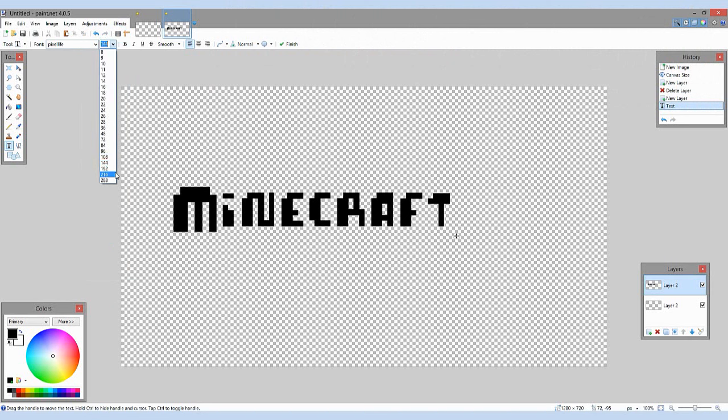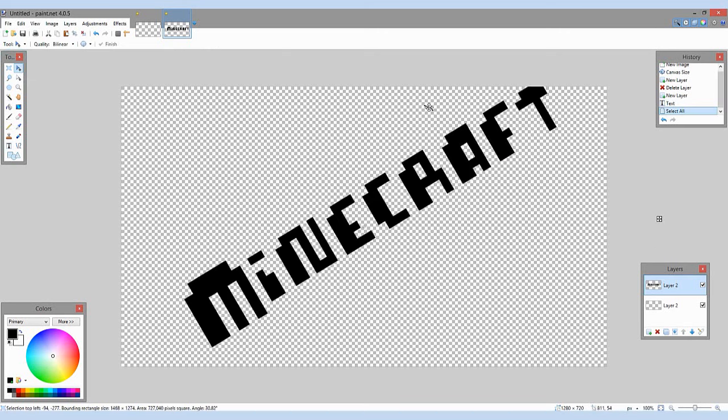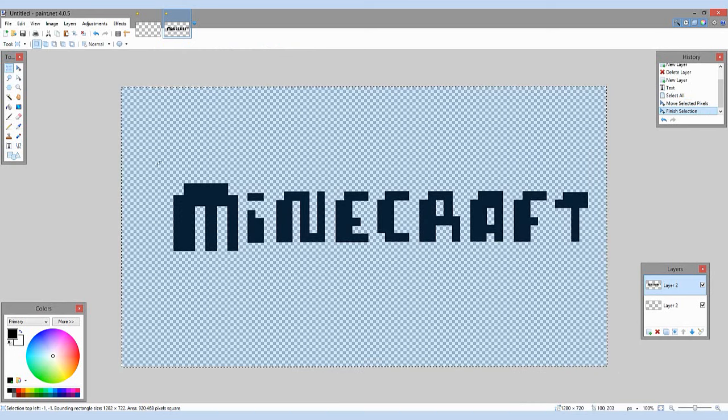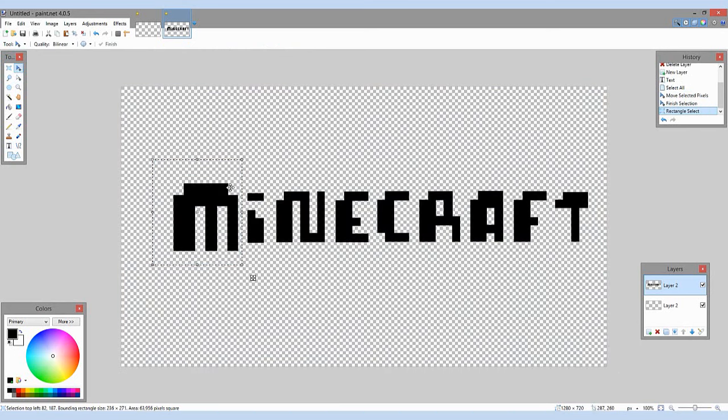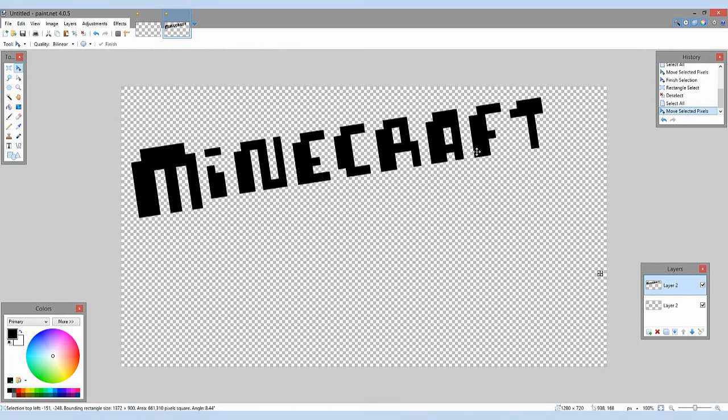Okay, then you can resize it to whatever size you want for the text, and then if you want to rotate the text, click the move pixels, right click and turn, or if you only want to rotate certain parts, click the rectangle select tool to select a part and then rotate it. Be careful though, because it'll overwrite other parts, so be careful about that. There are ways to make it so it won't, but I won't go too advanced this time. So once you rotate it the correct way and have it set in a position you want it to be,